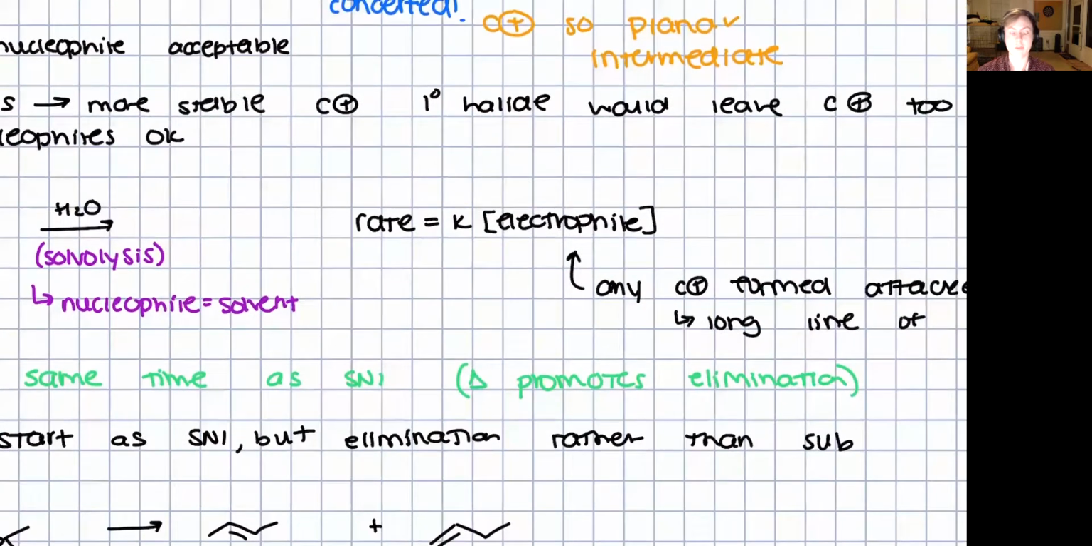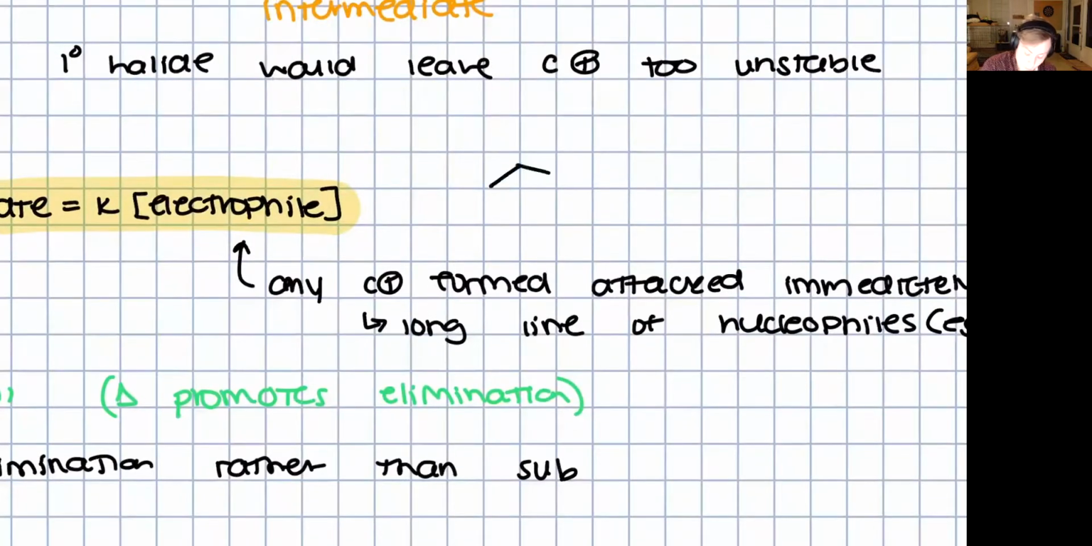And then with the SN1 E1s, the rate equation is this. It's the rate constant k times the concentration of the electrophile. I think some students may be confused why it is just one, and why it is the electrophile and not the nucleophile. And that's because if we think about what's happening